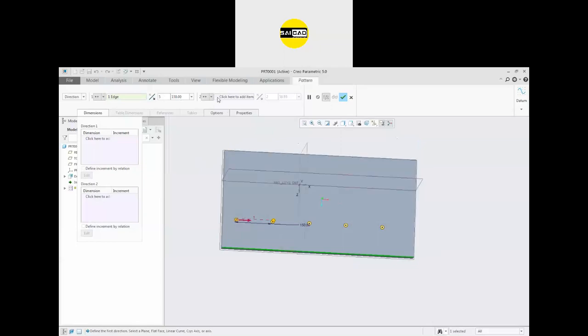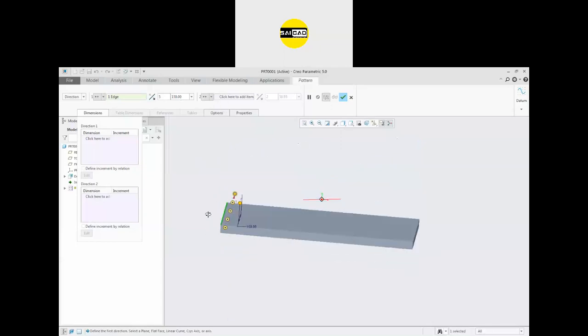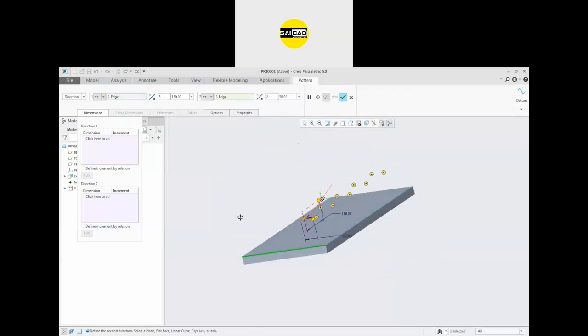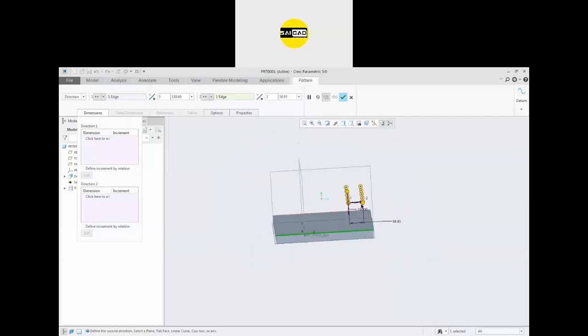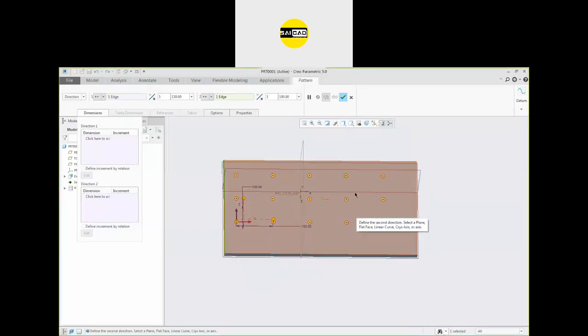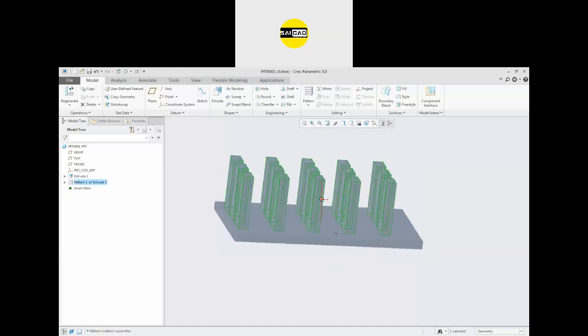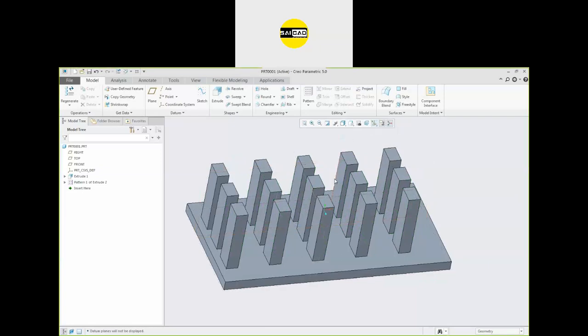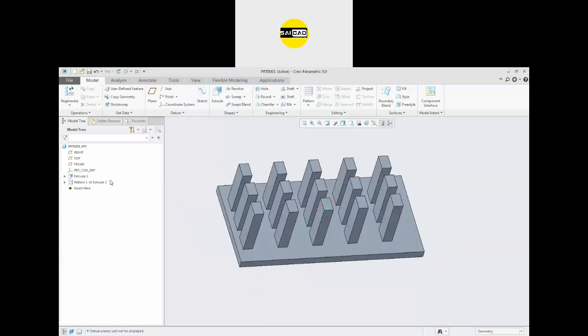For the second direction, you have to select the second. You have to click here first, and after that you can select the second direction. You can see the direction is right now on this side. You can directly drag it like that, or you can just click here the flip, and define the value between gap and number of items. You can see everything can be created like that. So click here and you will see the shapes like that. Okay, you can see there is the pattern.